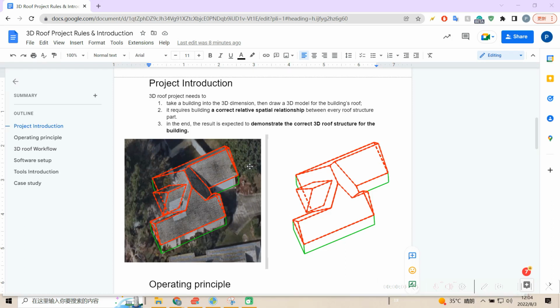Hello everyone. In this video, I want to give an introduction to this new project, which is a 3D roof project. I'm going to talk about the rules and some introduction, and also the principle, the workflow, and how you can set up the software, what the common tools are, and the case study for this project. And there will be multiple videos that introduce you to the tools and different cases of how we can complete